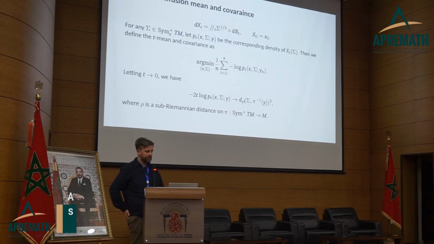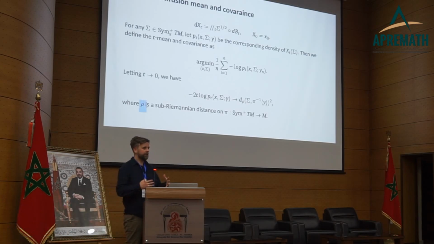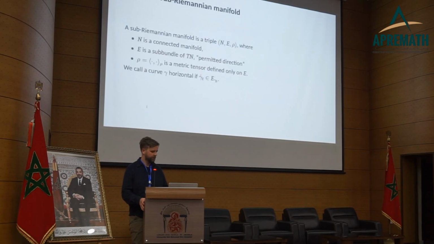And the distance will follow something called a sub-Riemannian distance. So it will not be a Riemannian metric, it will be a sub-Riemannian metric. Now what is a sub-Riemannian metric? A sub-Riemannian manifold is defined as follows. It's similar to a Riemannian manifold, but with some severe restrictions on where you're allowed to go. So I start off with a connected manifold,